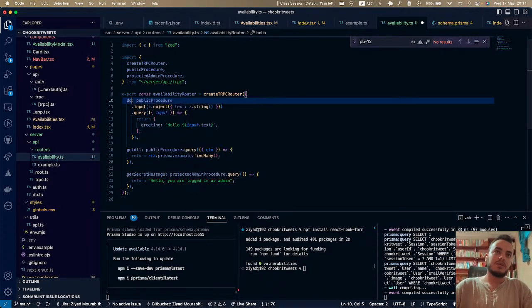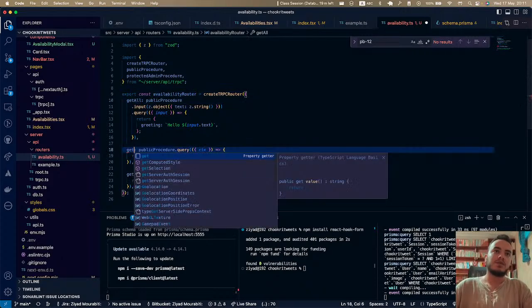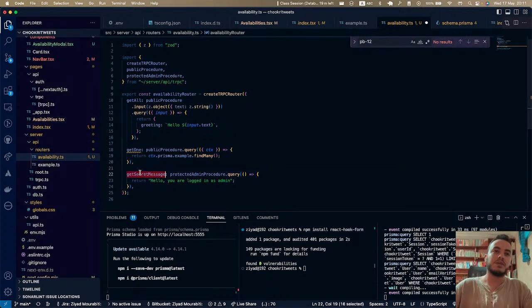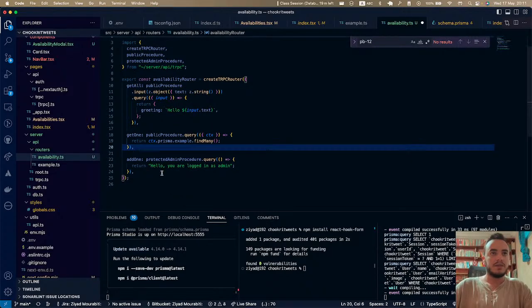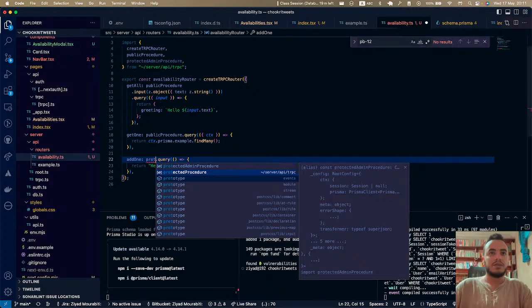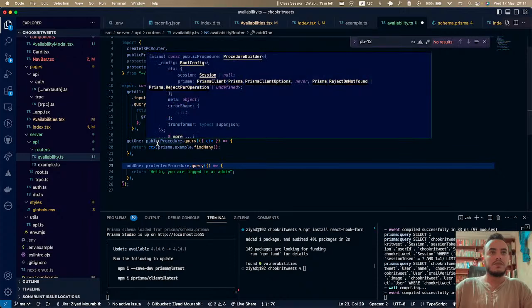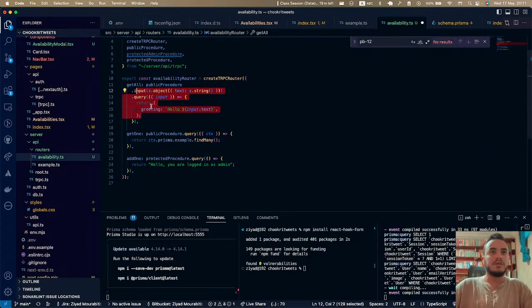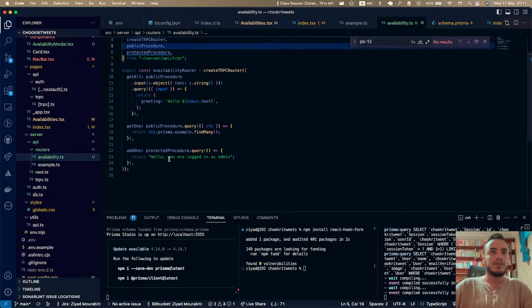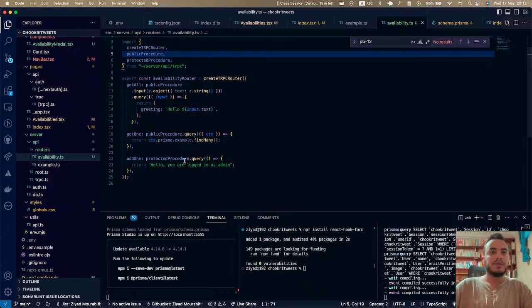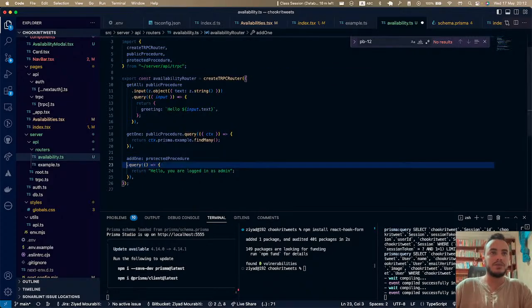We can have something called get all, so it would basically get all the availabilities. Let's do get one for getting one availability, and one to add one, so it would be add availability. Okay, and this would be a protected procedure. For now, we can keep these to be public. This is irrelevant for me now, so I'm not gonna care about the functionality of that. So add one availability. It's not gonna be a query, it's gonna be an input. So before querying it, we should be expecting an input,